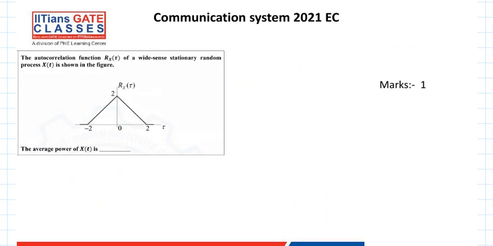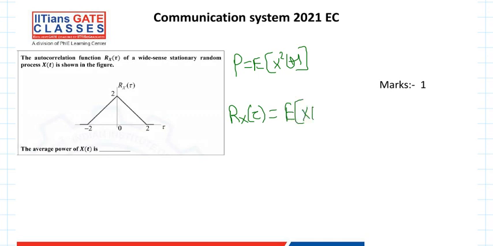Here, the autocorrelation function is given for a particular random process. We need to find out what is the power. The power of a random process is given as the expected value of x square t, and the autocorrelation function is given as the expected value of x(t) x(t plus tau). If you put tau equal to 0 in this expression,